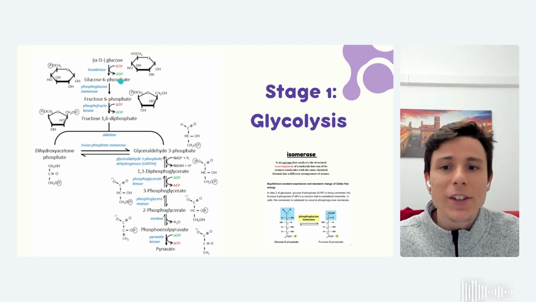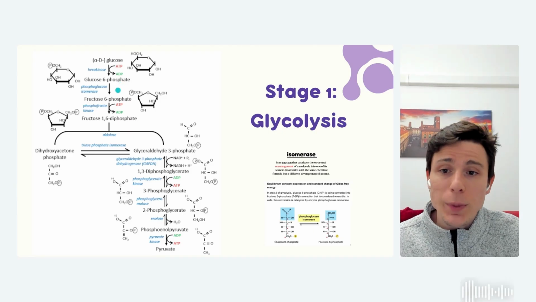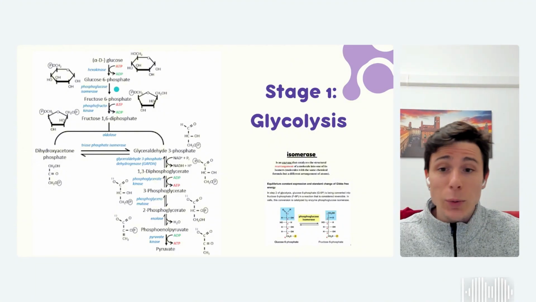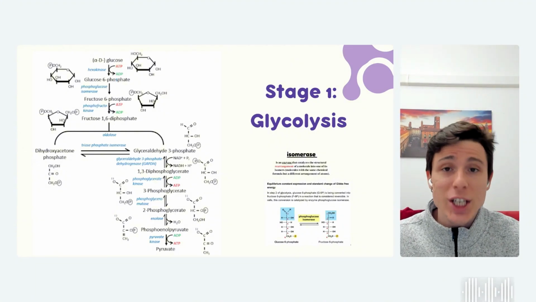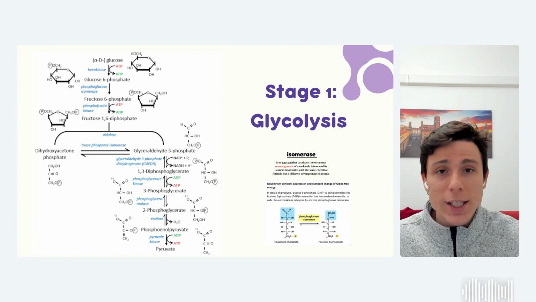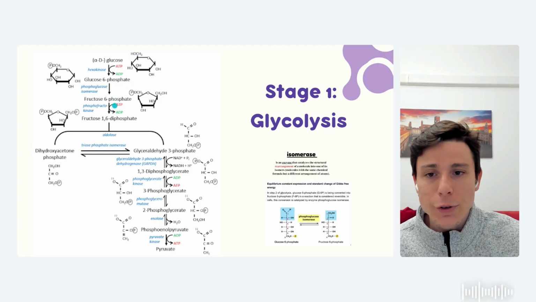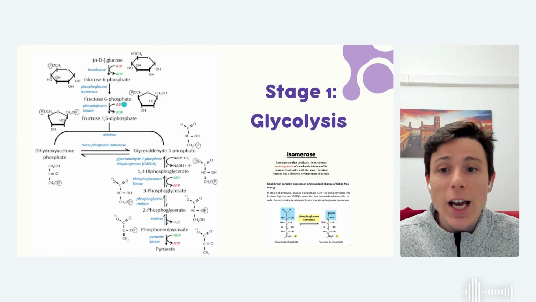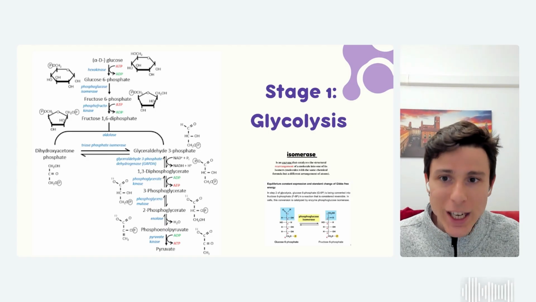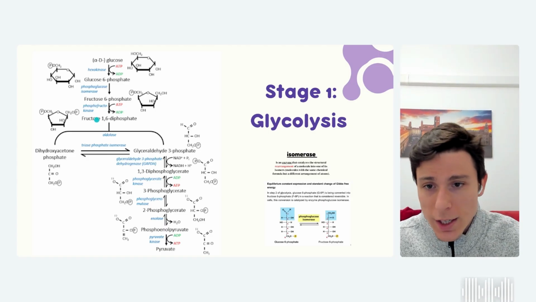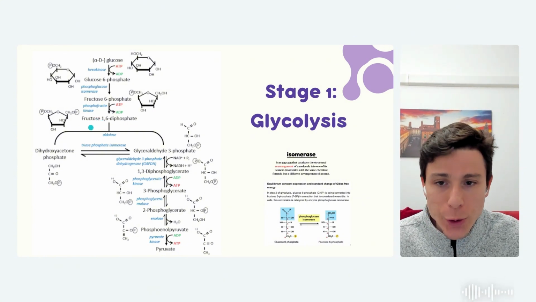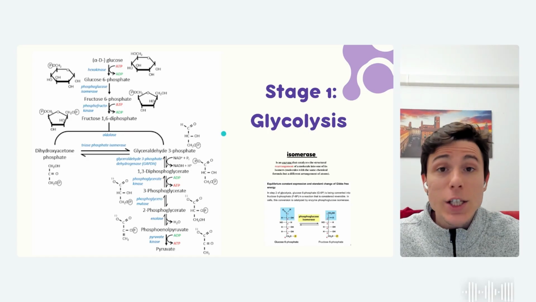Once that happens, we're going to have the second step of our glycolysis, which is going to be an isomerase. So we're going to have an enzyme called phosphoglucose isomerase, whose main role is just to rearrange the elements a little bit. So remember, an isomerase is responsible for changing the position of certain molecules, okay? There's a proper reason for that, but we don't need to dig into it. But just notice that instead of a glucose 6-phosphate, we're going to have a fructose 6-phosphate. Now, after this step, we're going to have another phosphorylation, and for that, we're going to use an enzyme called phosphofructokinase. Now, notice that leads us to a substrate called fructose 1,6-diphosphate because it has 2 phosphates in that molecule.